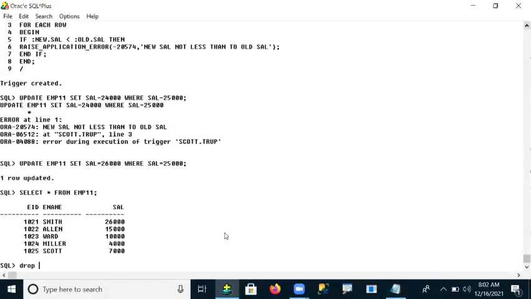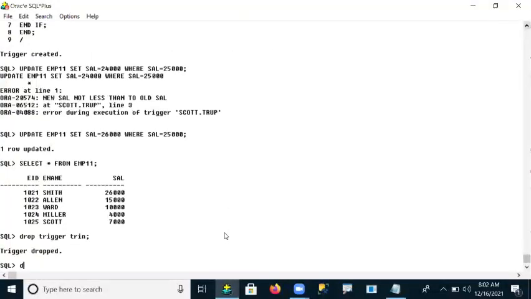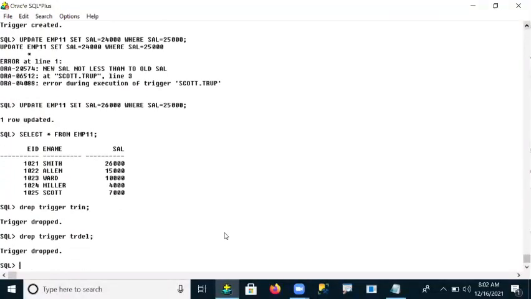The previous triggers I created, I'm dropping now: drop trigger, drop trigger.